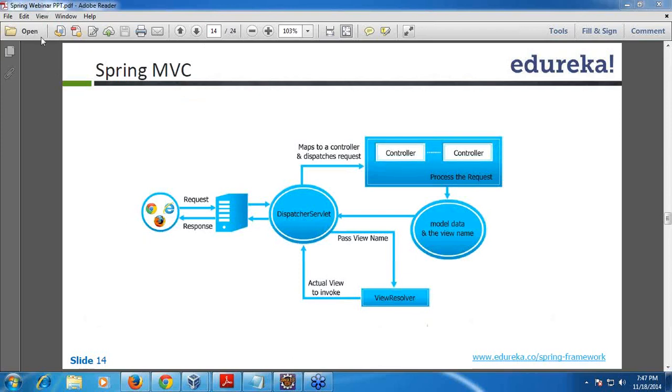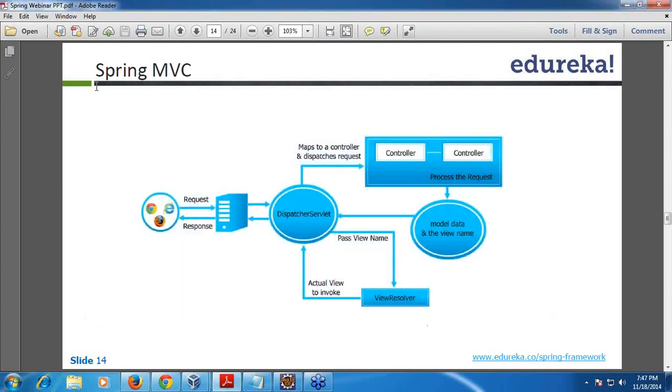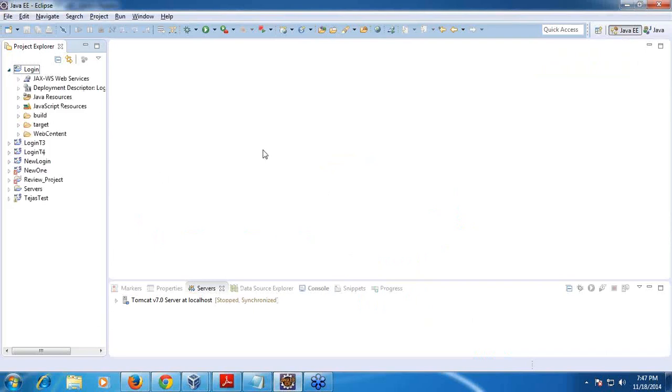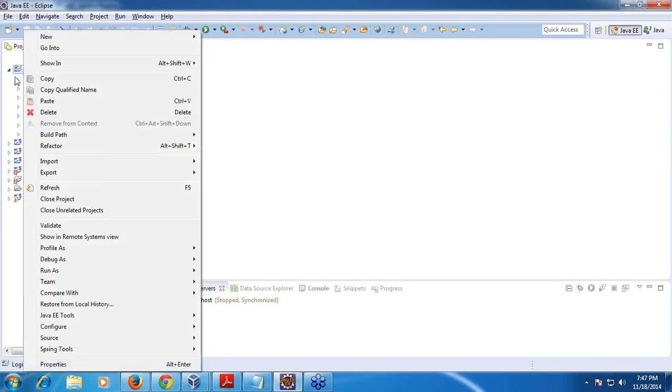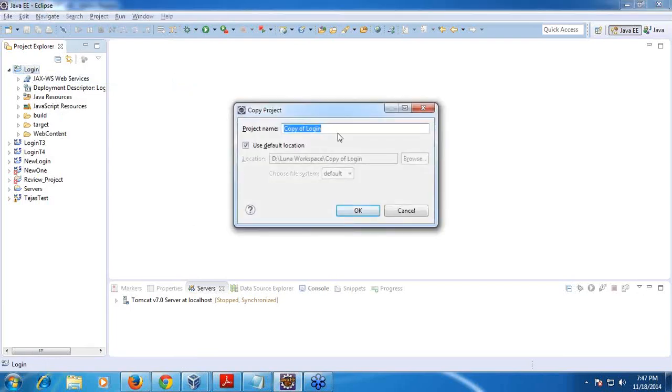So now let us see one small example, right? Before we jump into actual Spring Web MVC, I will show you a normal simple login page with a normal servlet and JSP application. Let me copy this to a new project and name it, just to test.